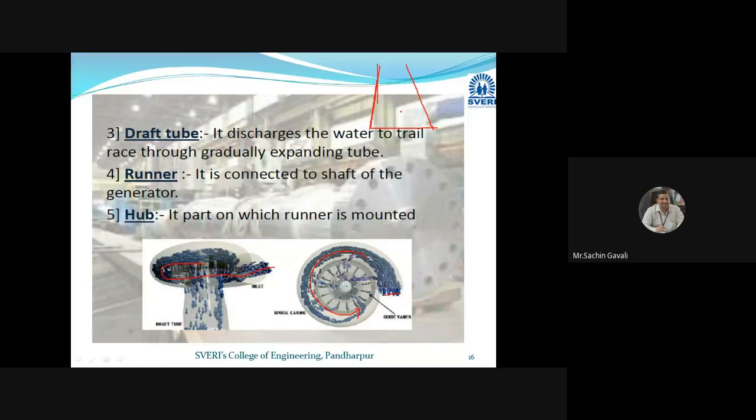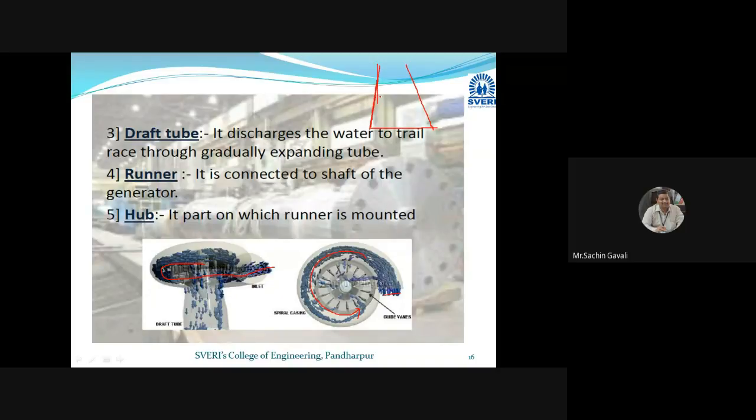So draft tube is necessary because pressure is decreased too much in reaction turbines generally, so the pressure becomes less than atmospheric pressure, vacuum is generated, and due to that there is a resistance, or a difficulty, to take the water out from the exit successfully. For that we are using the draft tube.